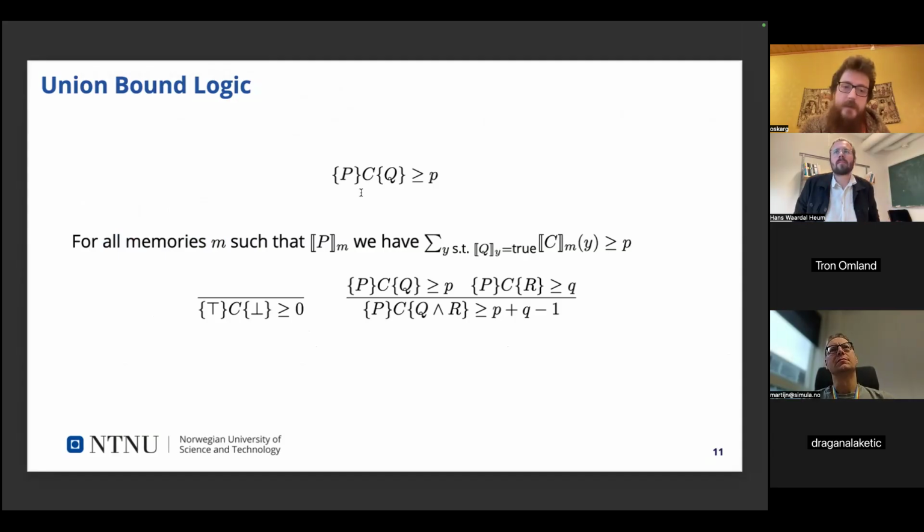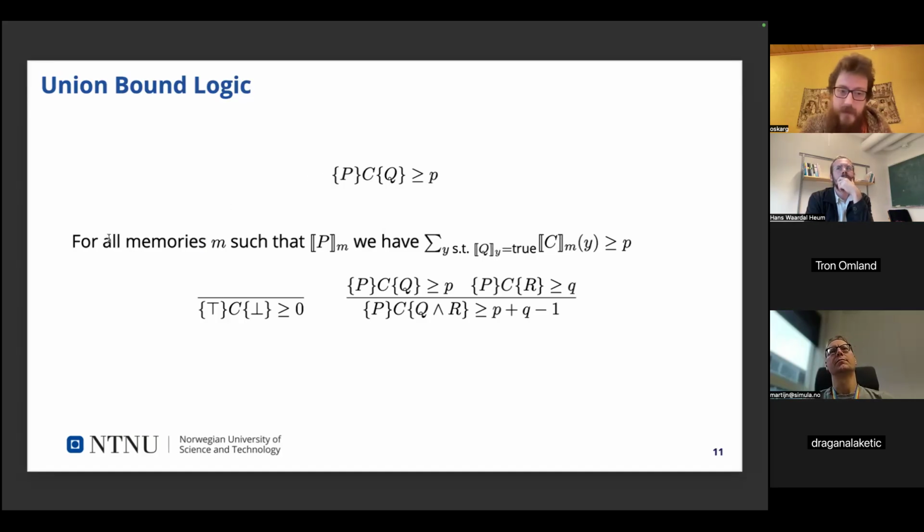One example is this union bound logic, where you basically talk about the probability of some output condition holding. This is quite nice because it allows you to still use predicates for the pre and postcondition.